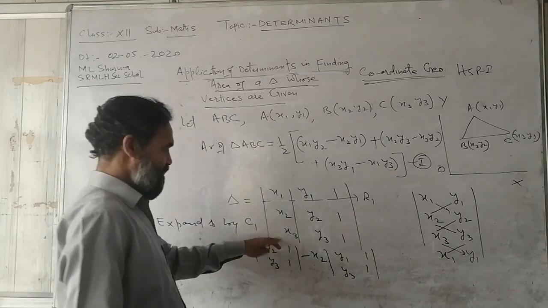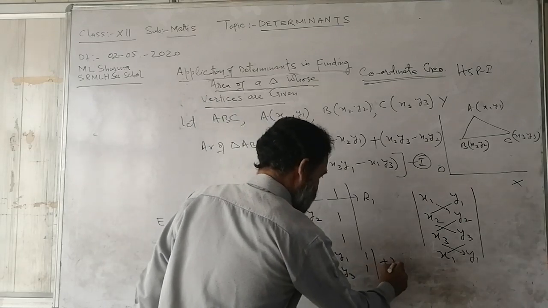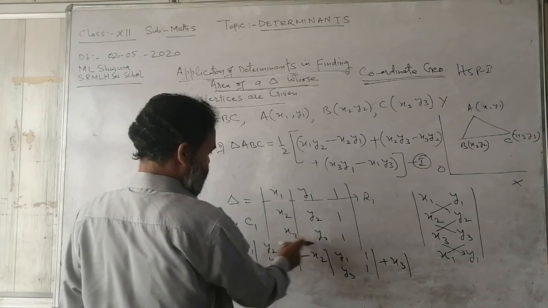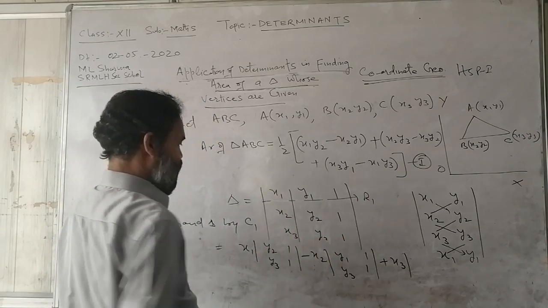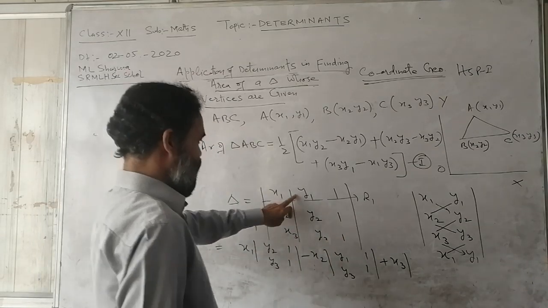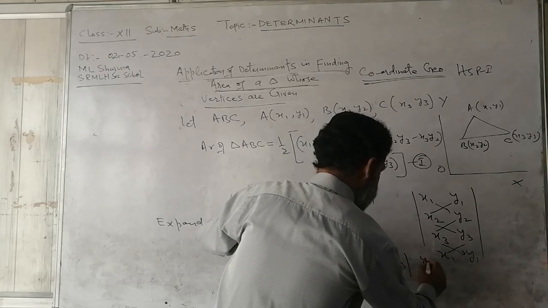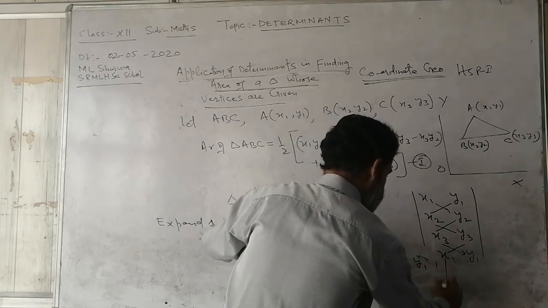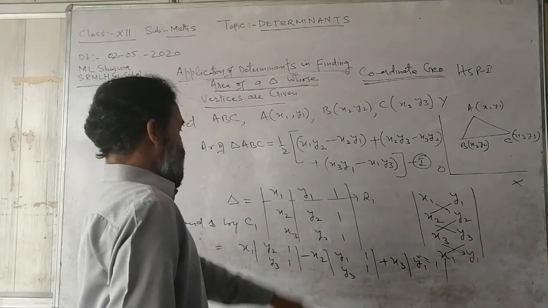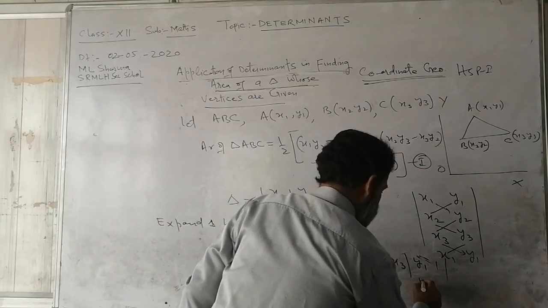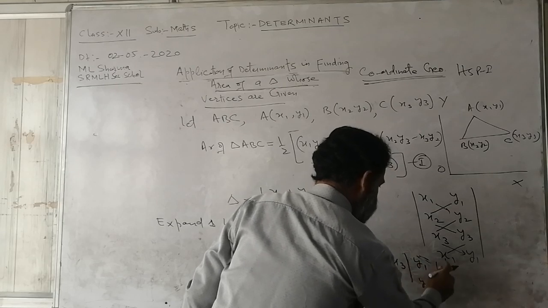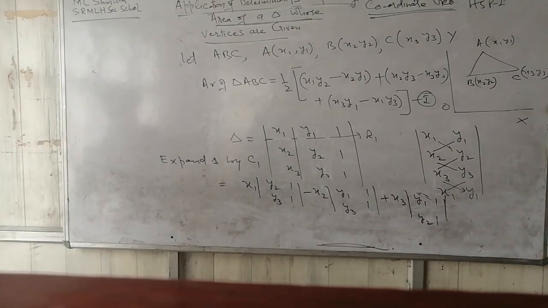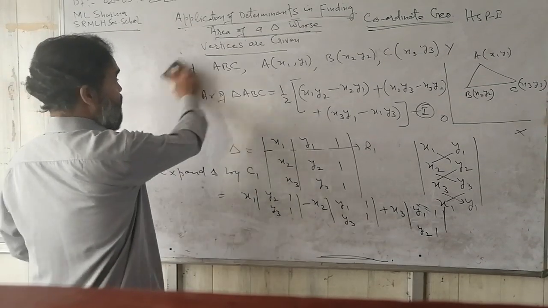So this last element will be plus. If I delete this row and this column, I am left with y1 1 and y2 1. So if I expand this,